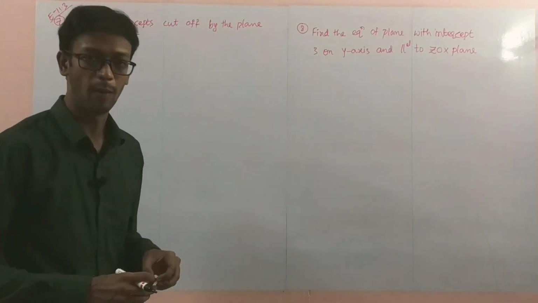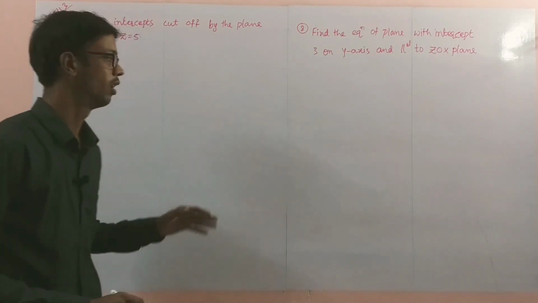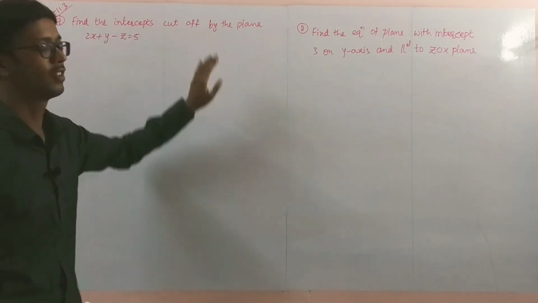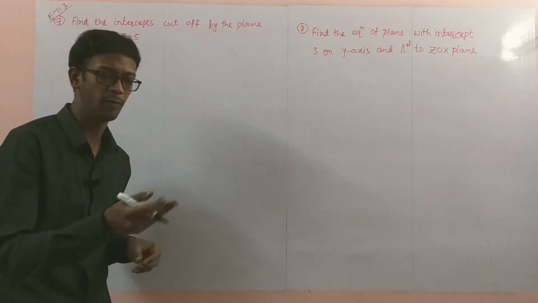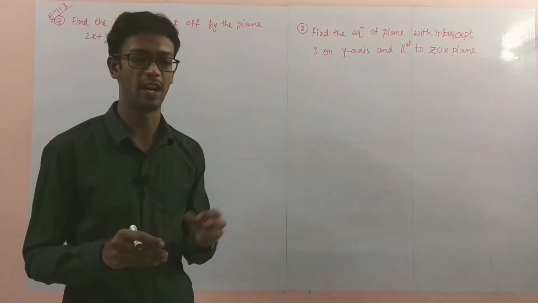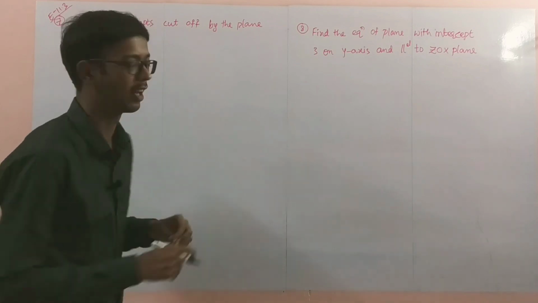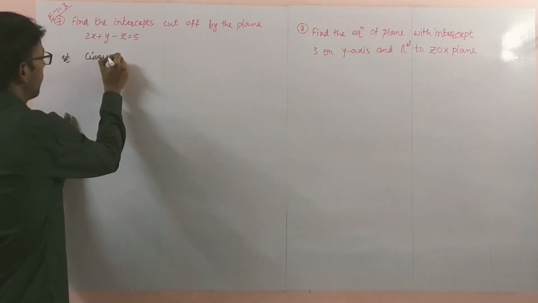Now, problem numbers 7 and 8 in exercise 11.3. Find the intercepts cut off by the plane. They are asking for intercepts. The intercept form we just discussed: x by a plus y by b plus z by c equal to 1, where a, b, c are the intercepts. Solution. Given plane